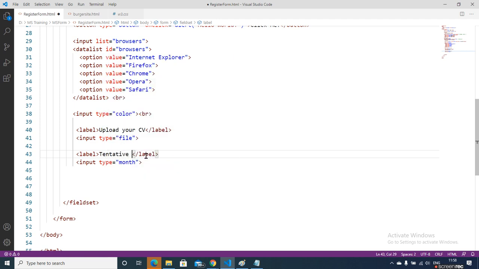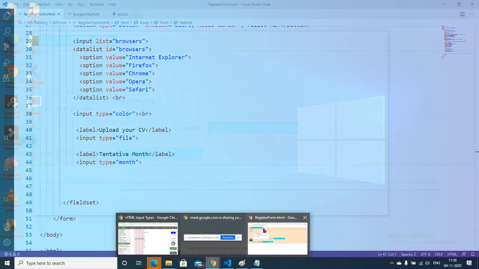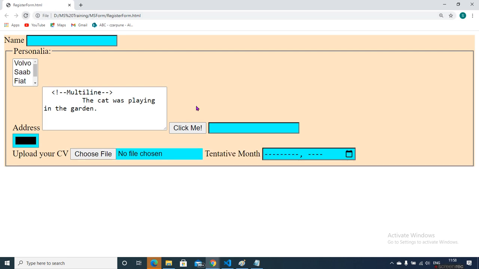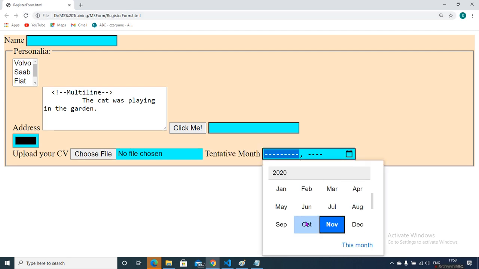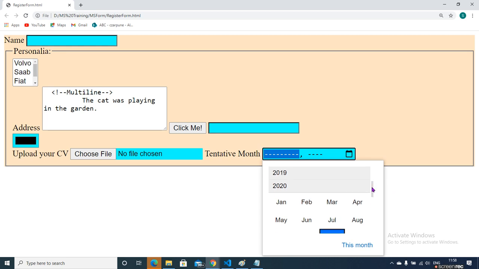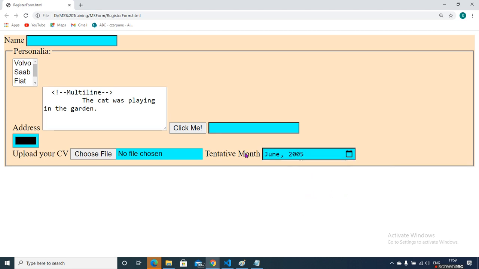Tentative month. Okay. So what you do, save this and go here and see it. It allows me to select the month and year only. You can go here or just see the month. Okay, like this you can.